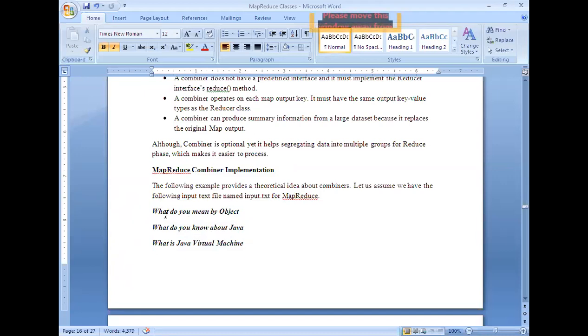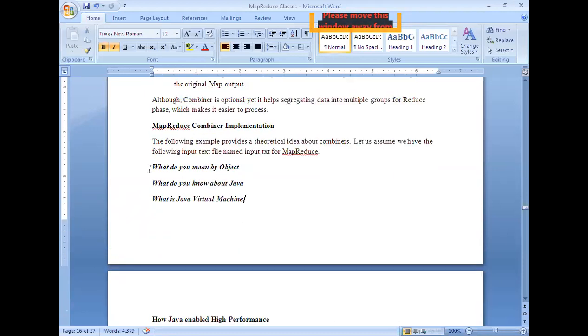Here, one word was repeated 3 times, Java was repeated 2 times. Like that, all the words present in each line will be counted, and finally we are supposed to produce how many times a particular word is repeated in the given input file. For better understanding, I have taken only 3 lines.